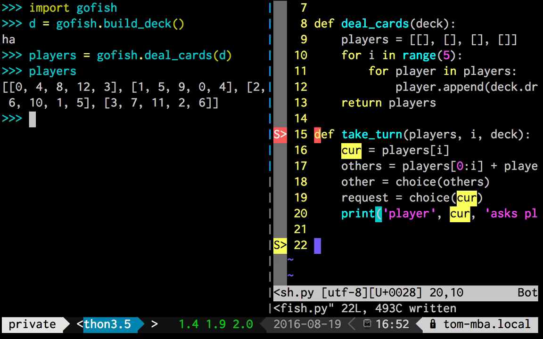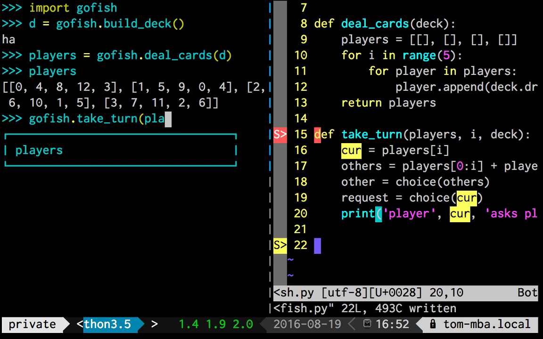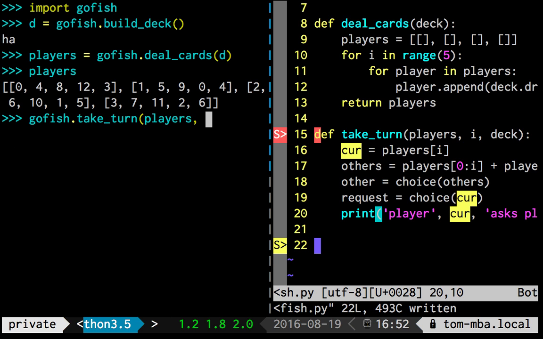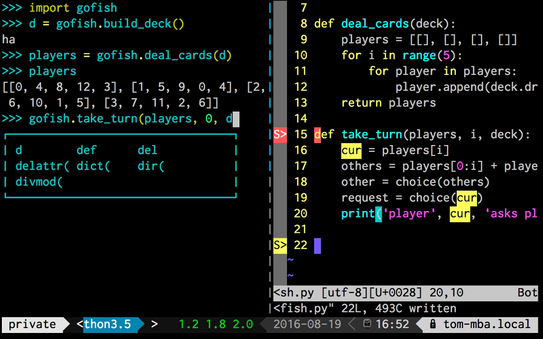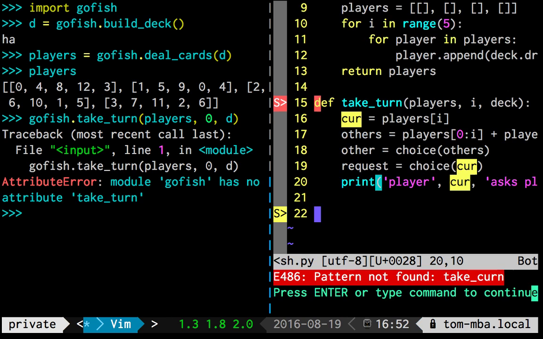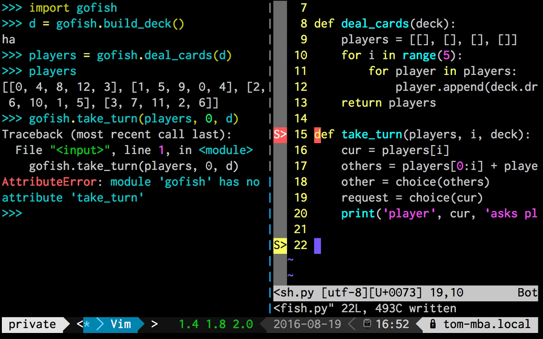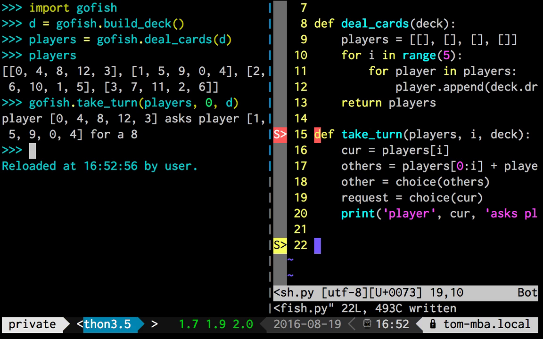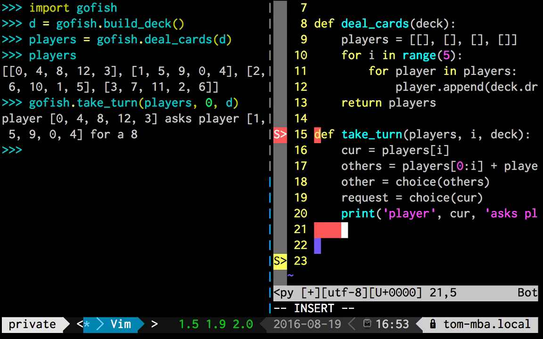So we have our list of players, take, what's it, go fish dot take turn of players. Well, let's have the first player take a turn with this deck. Take turn, whoops. I need to reload. Oops. There we go. Cool. Then we could actually put the if here, right? Like if